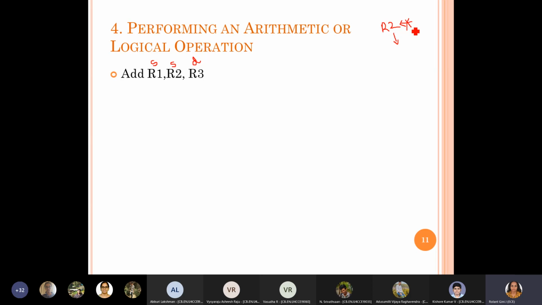So when we want to add two numbers and store the result in one other register, this is the simplest operation, because not much data flow is required, not many control signals need to be enabled, and there is no time consuming job. In other cases you may have to wait for the memory to give the data or the input device to give the data, right? In the same way, while storing the result, you may have to wait for the memory to complete the write function, or wait for the output device to complete its operation.